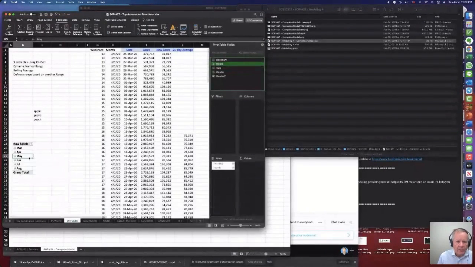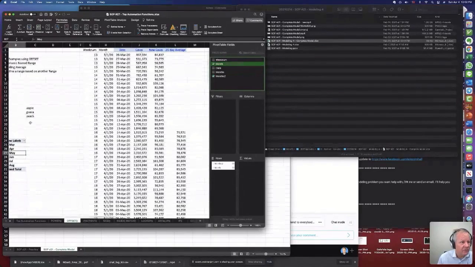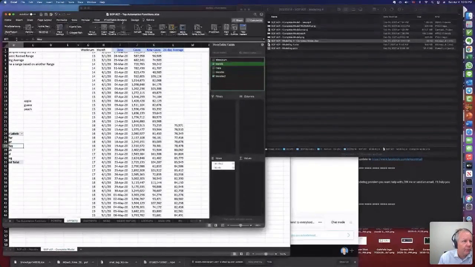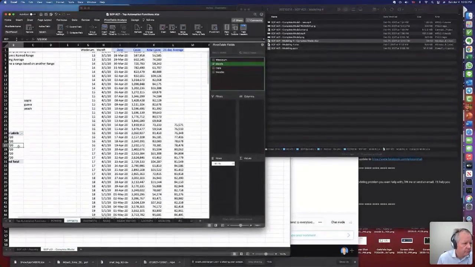Months. Now by default, Excel on a Mac anyway, wants to group. It's grouped my dates. I don't want to group. So I would just come here and do ungroup. Where's grouping? Group selection, ungroup. Now I get